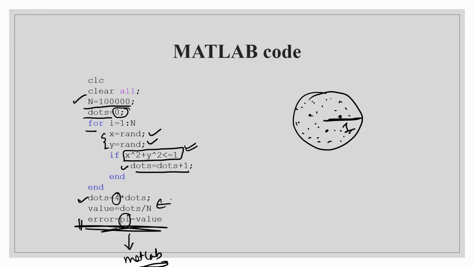So we will get the error value, and you can see that the error will be very small if you increase your simulation value, like from 1 lakh, if you move on to 10 lakh or 20 lakh, you will see that it is coming close to the value of pi. So let us copy paste both these codes in the MATLAB and just see the result over there.